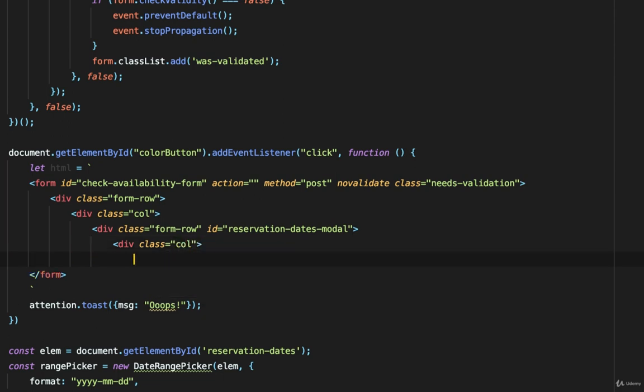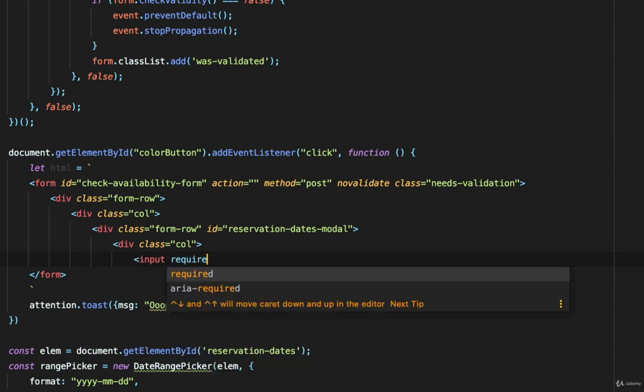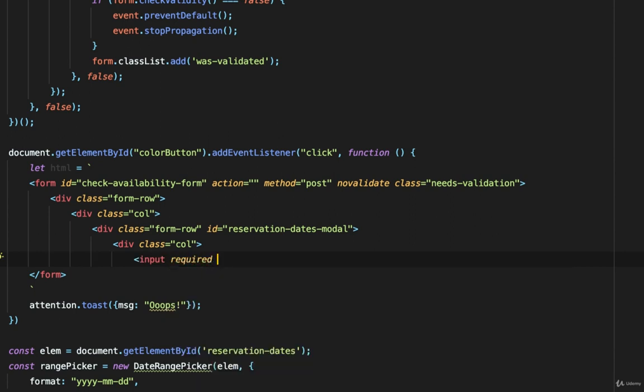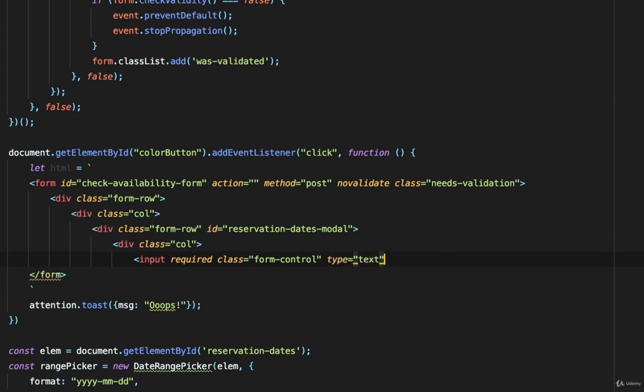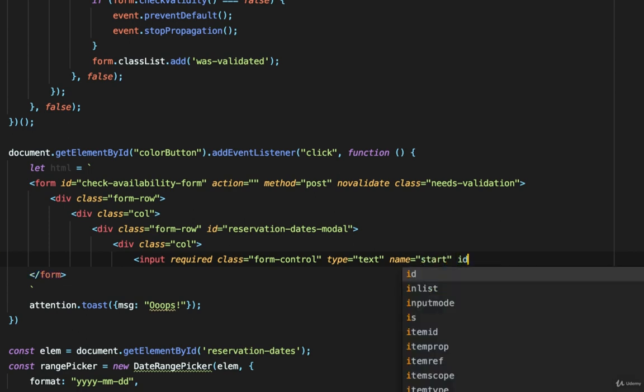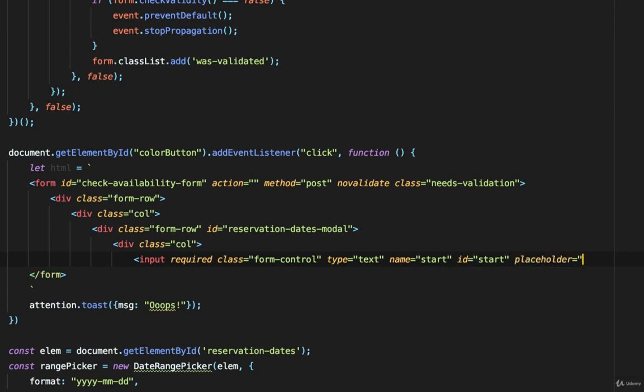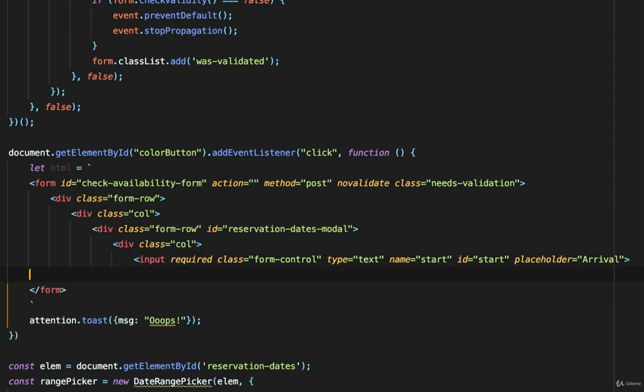And then I'm going to have an input. And this will be my start date. And I'll make it required. And I'll put class equals form-control to make it look like the nice Bootstrap input. The type will be equal to text. The name, I'll make this start. And the ID, I'll make start. And I'll give it a placeholder, just like I did in the last time we built this form. All right, and then I'll close that col,